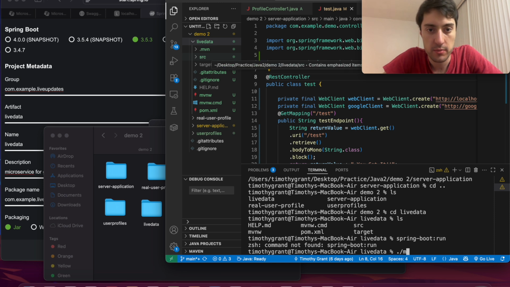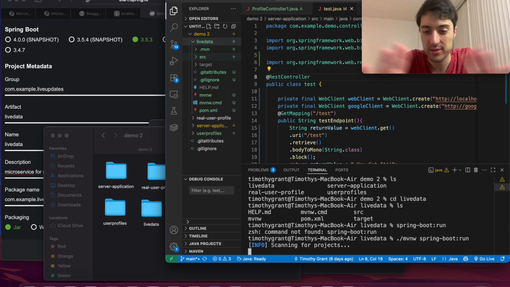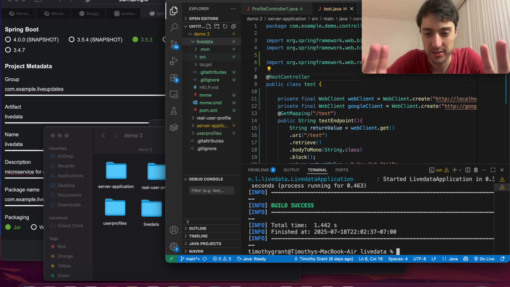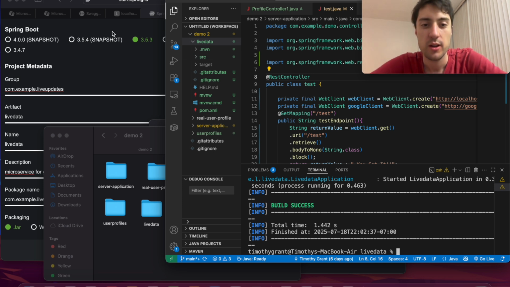Okay, M V N W, and then spring boot run. Okay, come on, just go. Okay. So now this is a microservice. Okay, yes. Now I want to get it to do